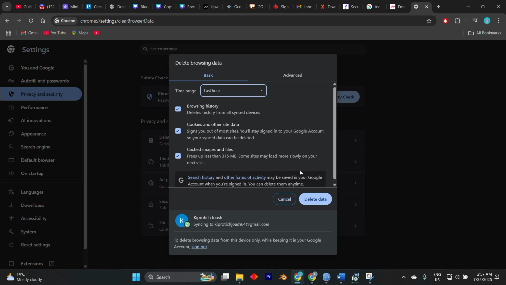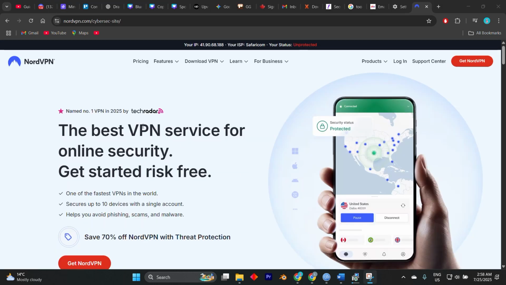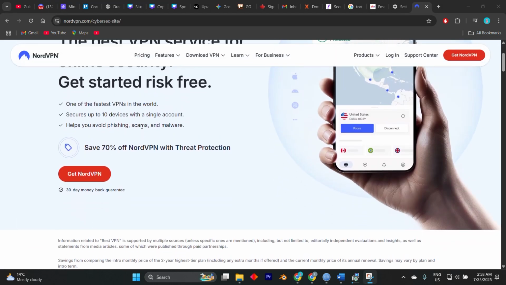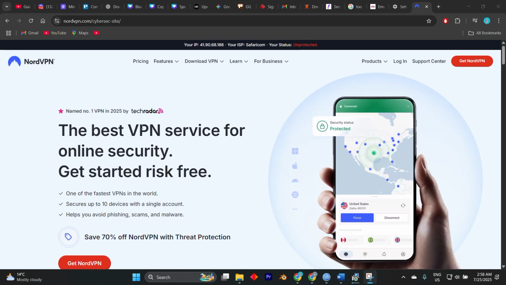Once you've cleared that, try accessing Yahoo using a different browser or device, or better yet, switch to a different internet connection. Yahoo flags high-frequency actions from the same IP address, so switching from Wi-Fi to mobile data or vice versa can make a difference. Using a VPN might help too, but make sure it's from a reputable provider and not already flagged by Yahoo's